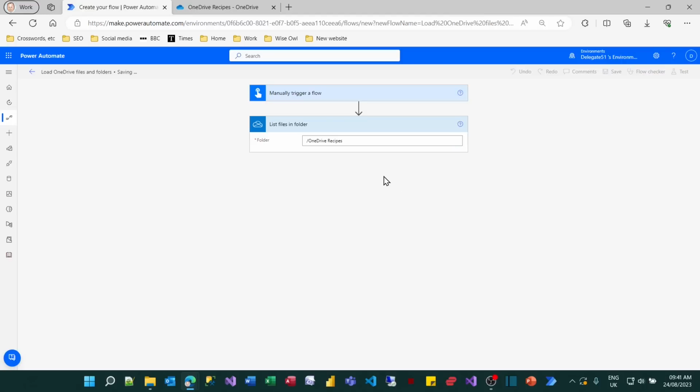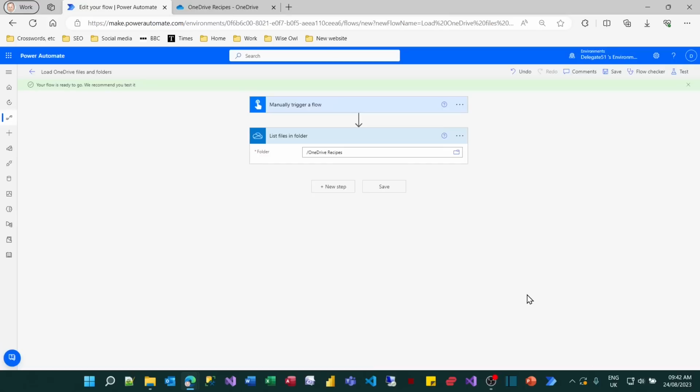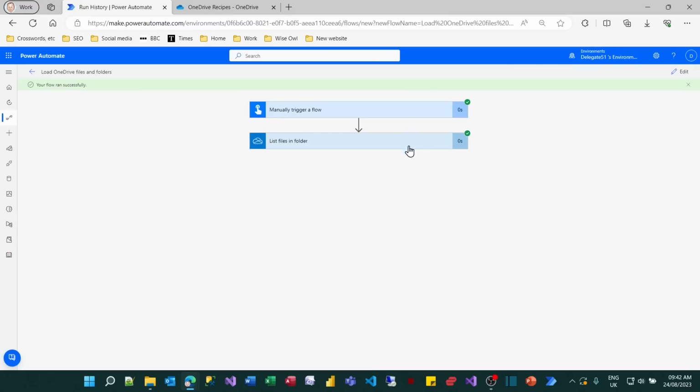You may be spotting a theme in the way I'm approaching every single flow here. It's always the same. Save it, test it, and then move on to the next stage when you know the structure of the JSON file. So if I now test that with my 4 or 5 mouse clicks, which can get a bit galling after a while, and then have a look at the output returned from this,